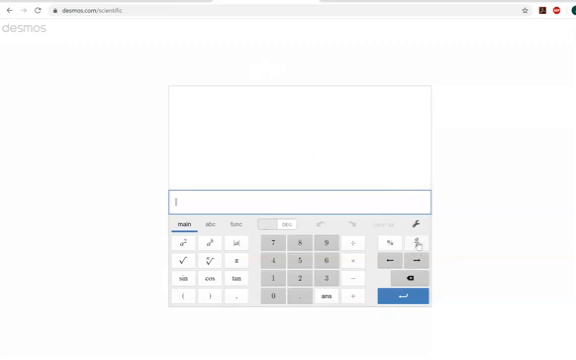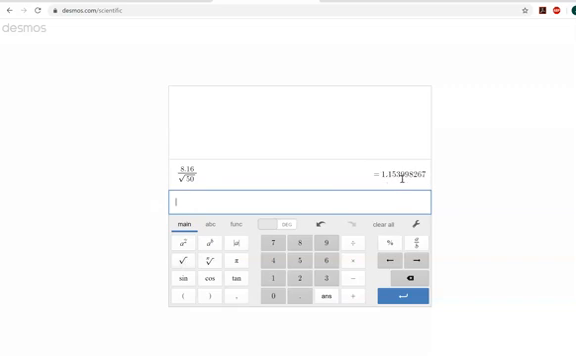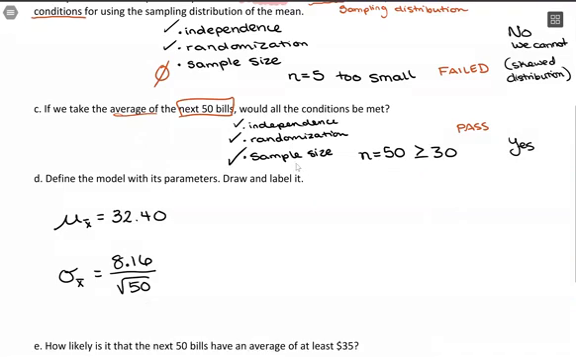But what you'll want to do is create your fraction. So there's this a over b button here, and we'll have 8.16 in the numerator, and in the denominator we'll have the square root of 50. So just so you can see how it should be typed in, that'll be a 1.153, nope, that'll be a 4 there, is how that'll round up. So 9 rounds that up to 10, which carries a 1 over. So standard deviation is going to be